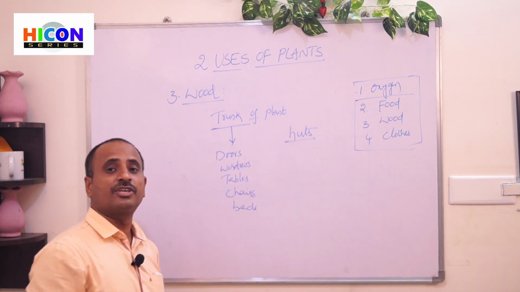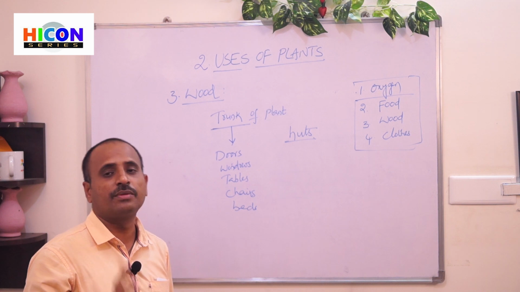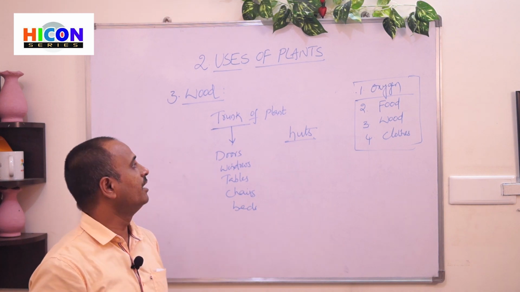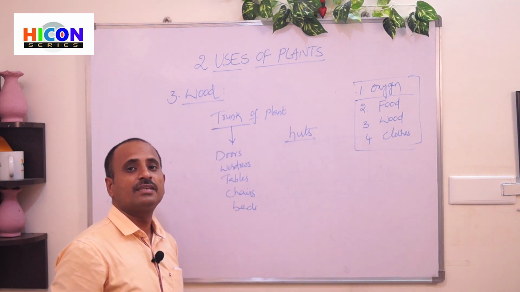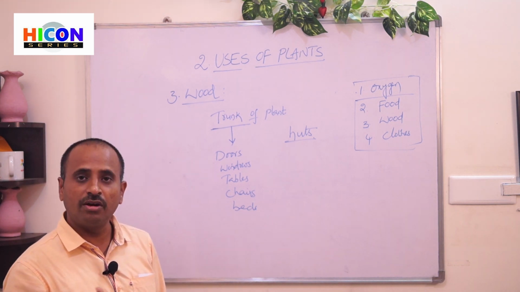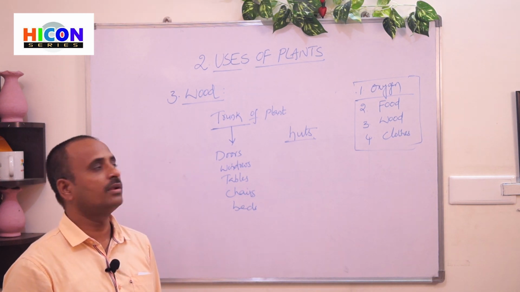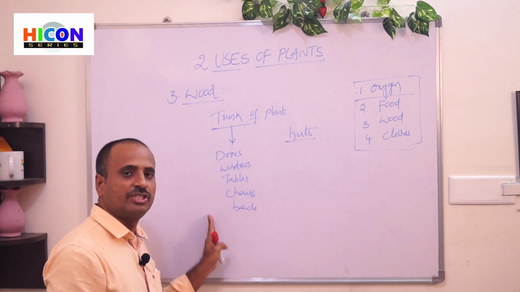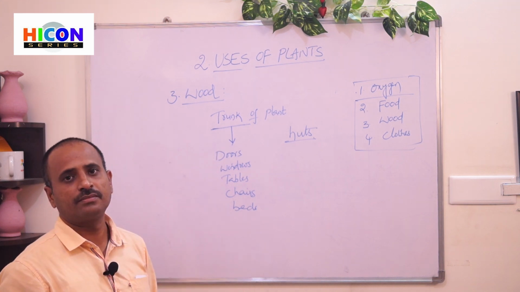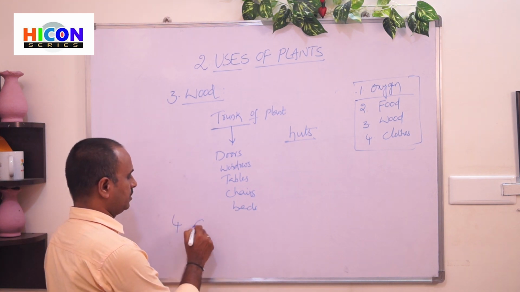So some people can build their houses with some parts of the plant. The leaves of the plants are used as roofs for huts, and the trunks are cut into pieces and made into the form of walls. Those houses are called huts. So plants are giving shelter for poor people and giving so many types of furniture items in our houses. This is another use of the plants. Next, another use of the plants is clothes.